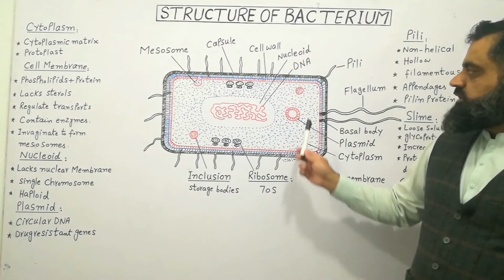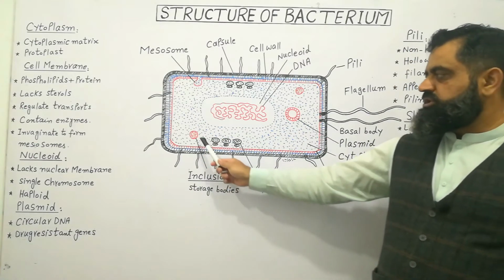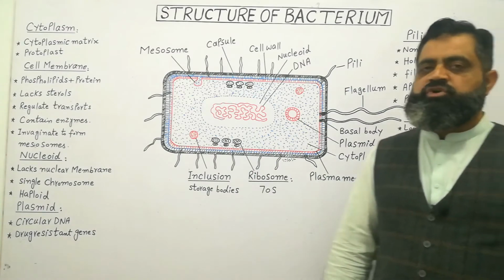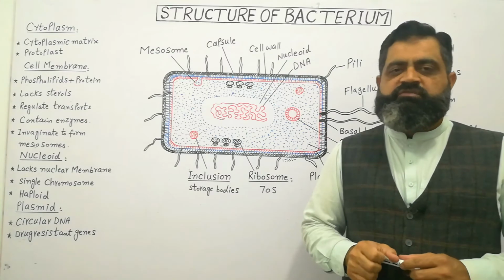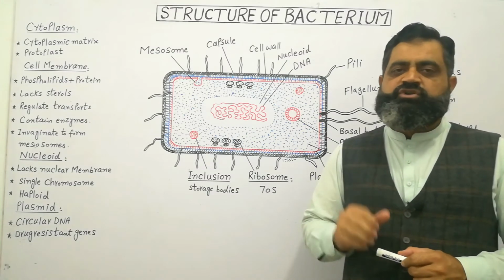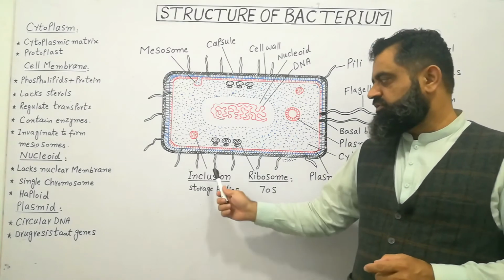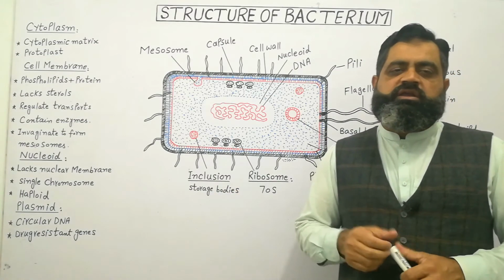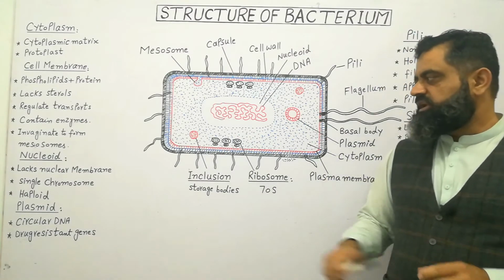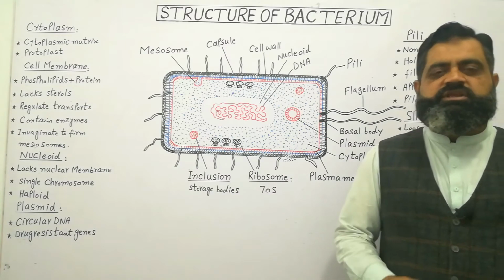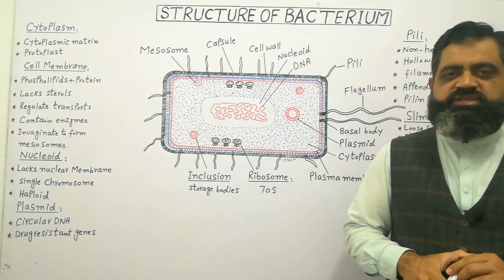If we look at the center of the cell, there are certain inclusions which contain storage bodies, as you can see here and here. These storage bodies include some food, as bacteria live in a competitive environment where there is a shortage of food supply. So bacteria tend to store some food inside the cells in the form of inclusions, so that in the deficiency or absence of food they can survive in the environment. They can also store some waste materials like lactic acid inside their body, which is subsequently excreted from the cells later on.